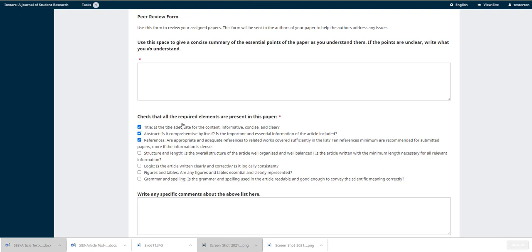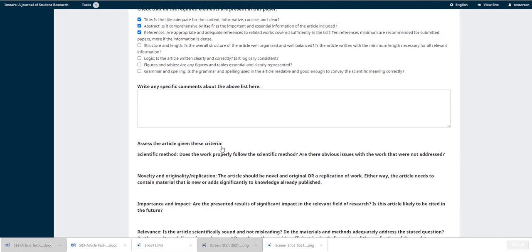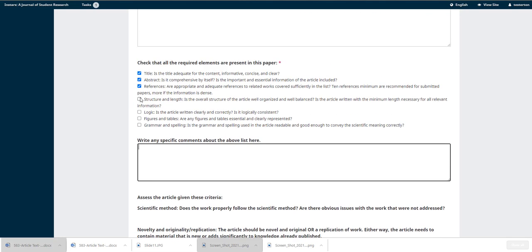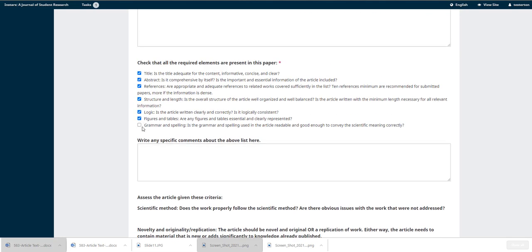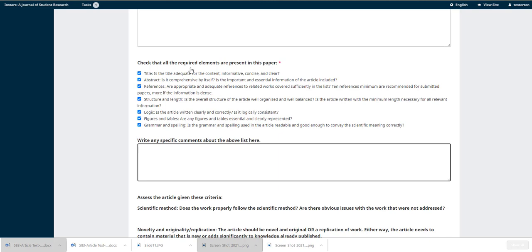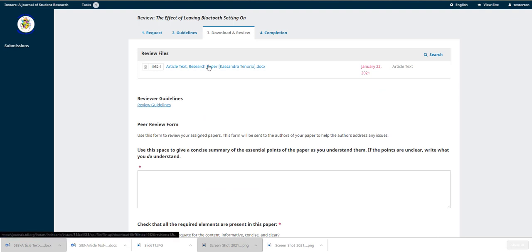Is there a good title? Is it adequate for the content? Is it informative, concise, clear? Yes, no, whatever. The abstract, the references, all the things are there. Then write your basic review about each one of these things. So for this one, say